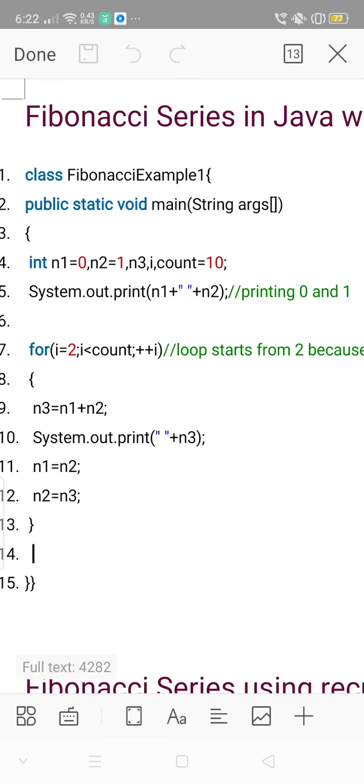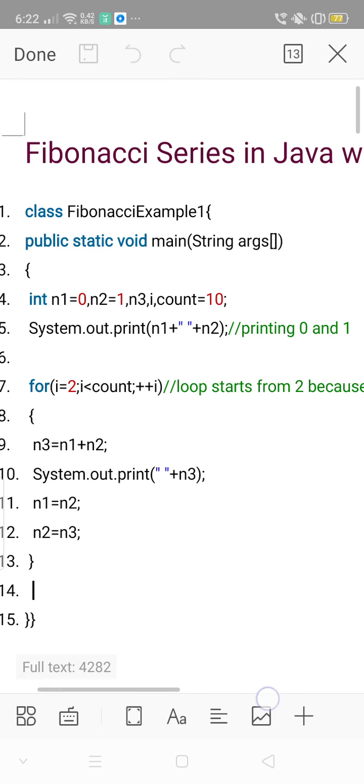So we have to close the braces which are open. That's all. If you run this program in the online compiler as I showed in the previous video, this will generate the Fibonacci series of numbers like 0, 1, 1, 2, 3, 5, 8, 13, etc. So hope it will be easy for you to follow the simple program in Java, and thanks for watching.